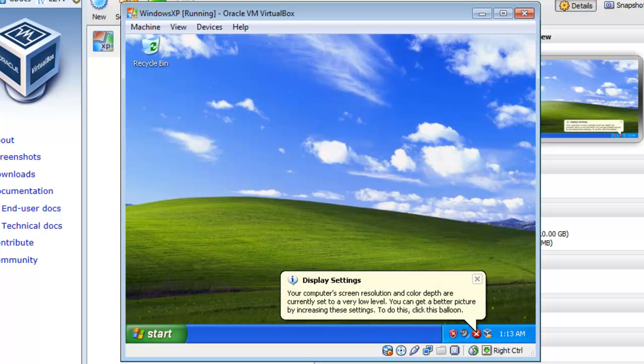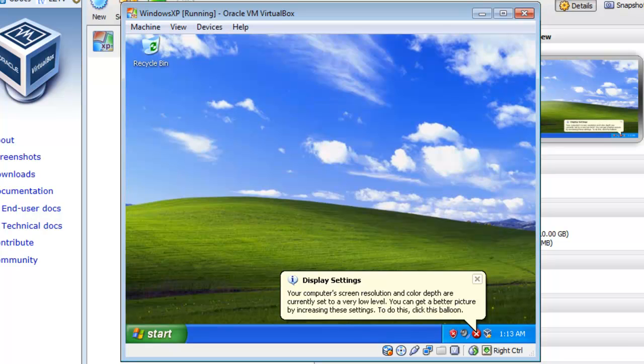Now that the Guest Editions are installed and the system is rebooted, it will probably be the lowest resolution of 640 by 480. Let's change this to something more appropriate. The resolution you choose will vary depending on the resolution you have set on your host computer. You probably want the Guest OS window to be as large as possible while being completely visible and not blocked by the taskbar or cut off by the top or the bottom of the screen.